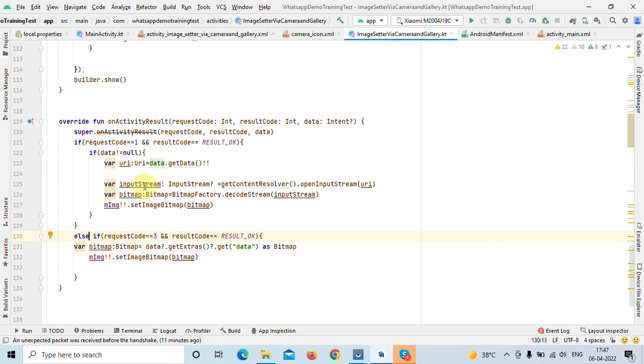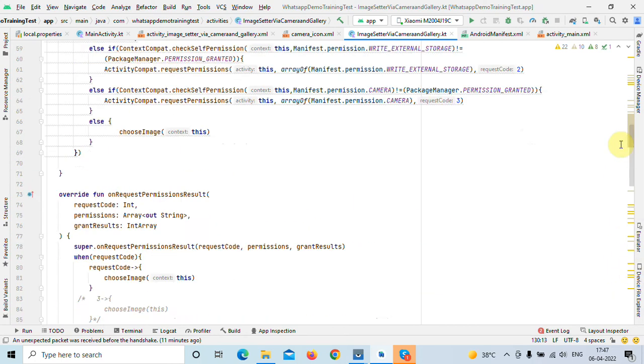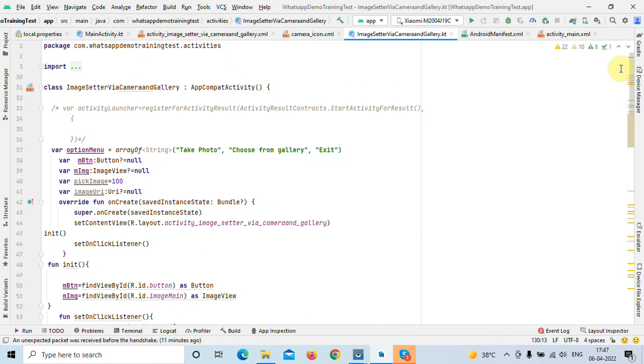We use a bitmap variable and data.getExtras().get("data") as Bitmap, and we call setImageBitmap on our image and pass the bitmap as an argument. We have created this application to set an image from the camera and gallery easily.